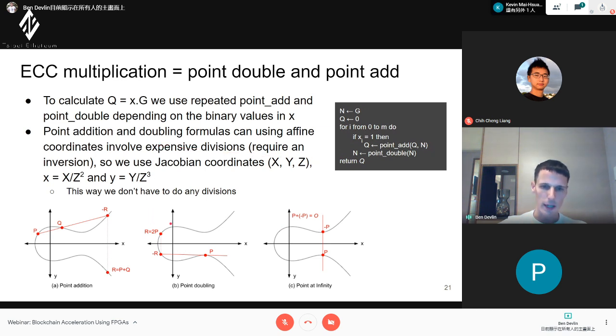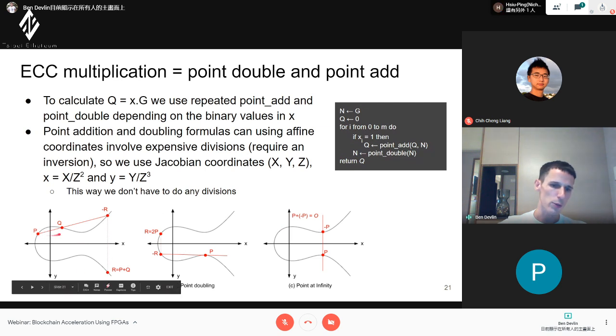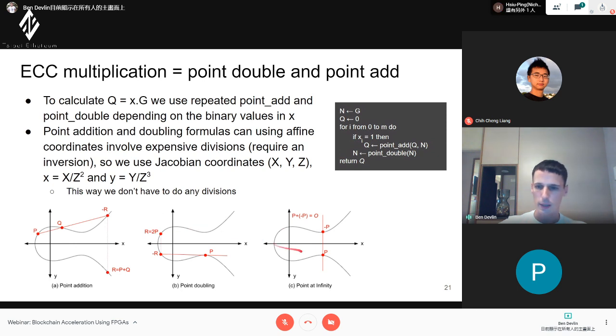And point doubling and adding, how it works on elliptic curves is that point adding is where you have your 2 points you want to add. You draw a line through the points, where it hits the curve at a third point is the negative of the result. So we do an inversion, and then this is the actual result. Point doubling is you have a point that you want to double, so we take a tangent. Where it hits the curve, we invert, and that's the result. And this here is just showing that we also have a point at infinity. So when the resulting line doesn't hit the curve, this is our point at infinity.